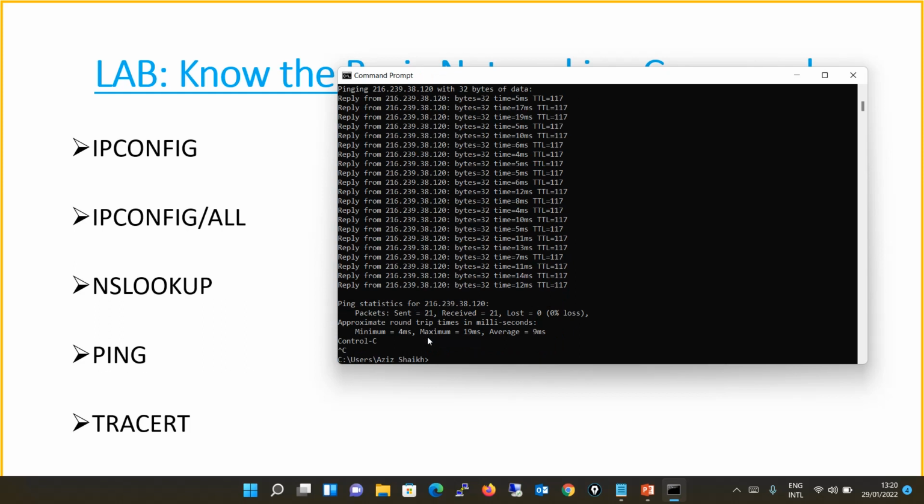And let's move to the last command, that is tracert. Tracert is basically used to trace the path, as the name suggests. It traces the path from your machine to the destination. Let's say we were trying to ping it, right? And you have seen that the Google IP is pingable, it's reachable. So let's see how it is reachable, through which path it goes, through which hop it goes and reaches the Google server. So we will say tracert, and you will then add the IP address